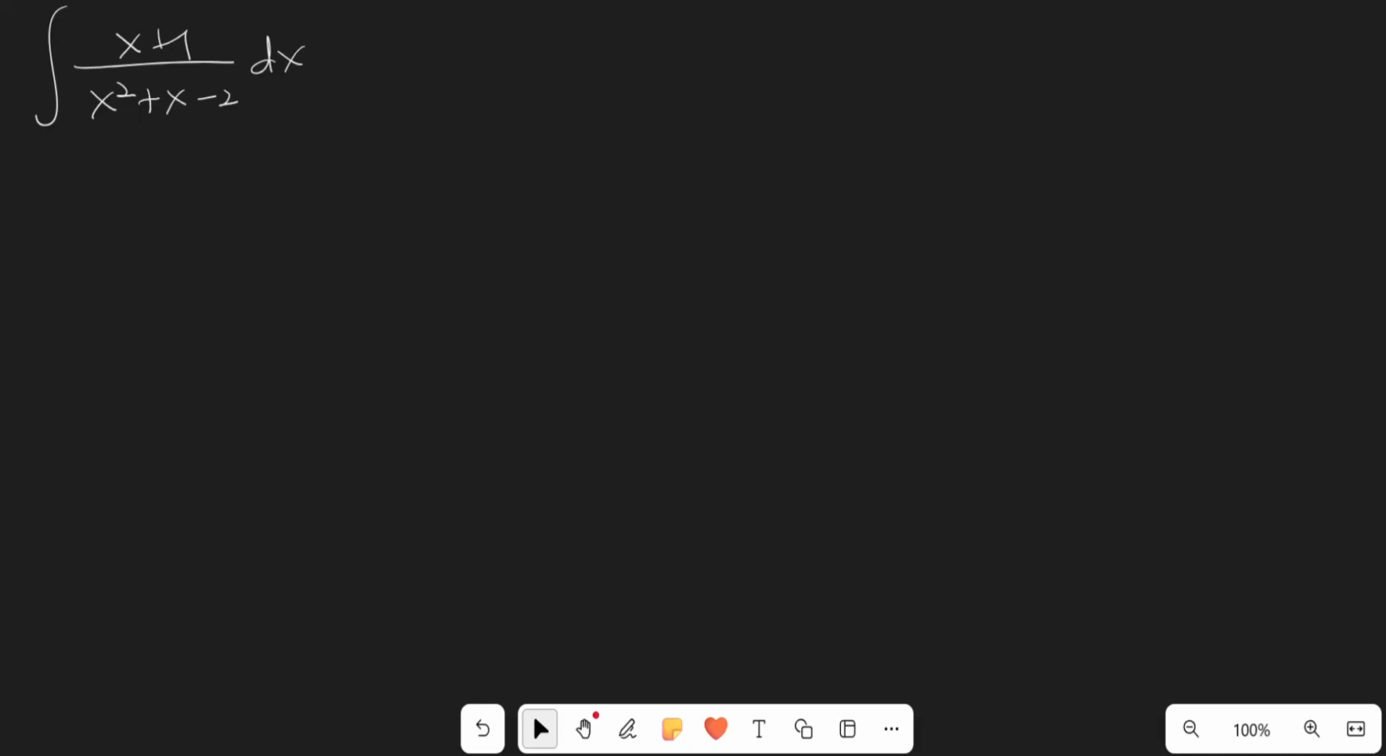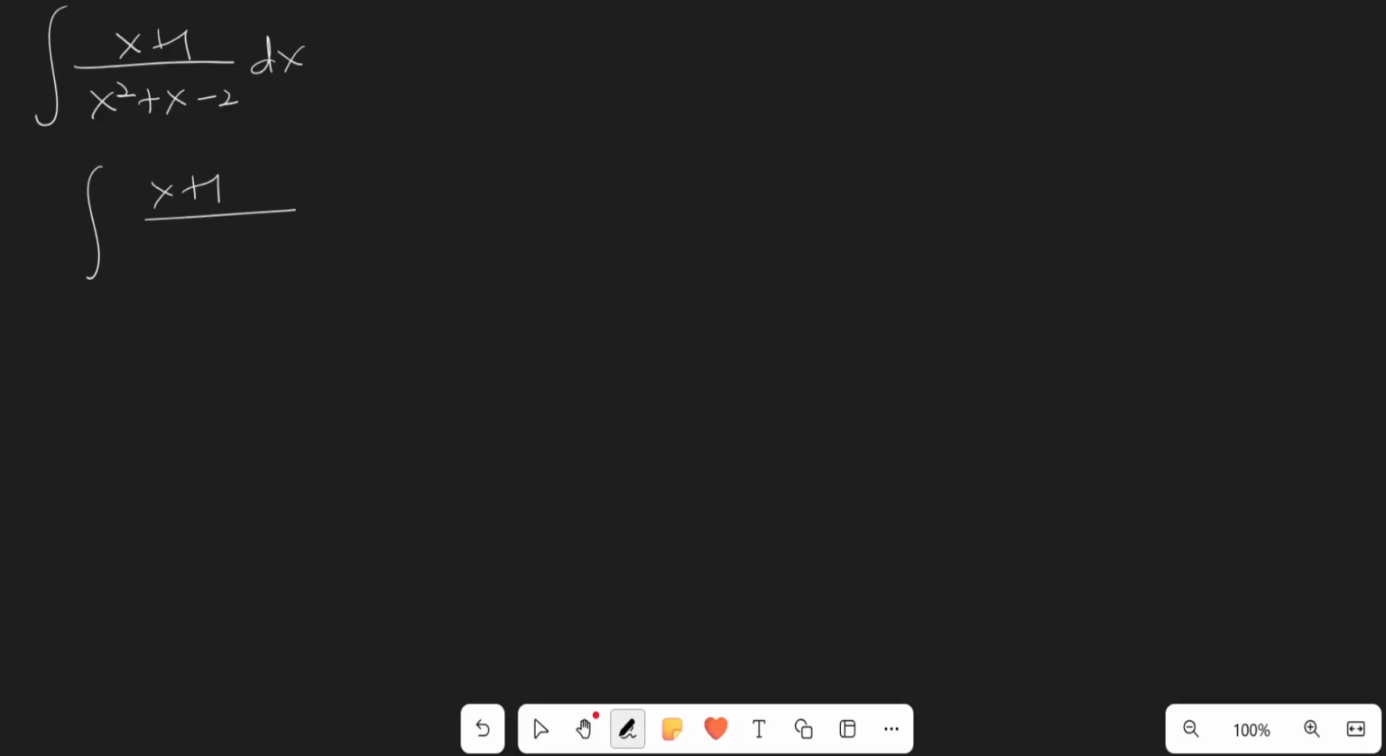So in this tutorial, we'll be looking at the integral of x plus 1 all divided by x squared plus x minus 2. How do we evaluate this integral? It's the integral of a rational function. So how do you do that? So this integral